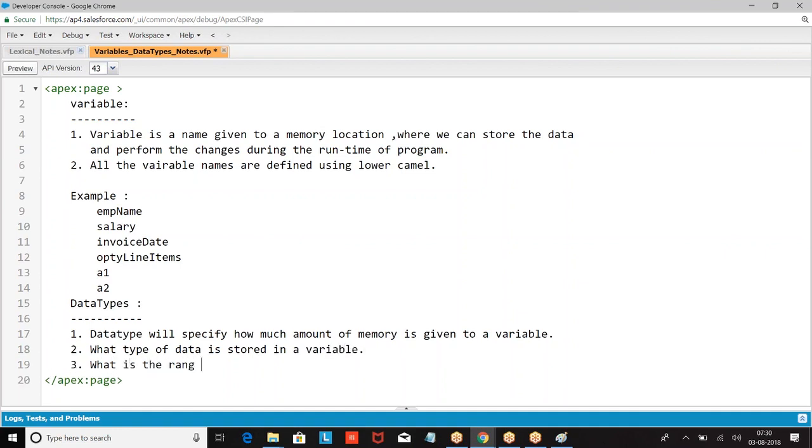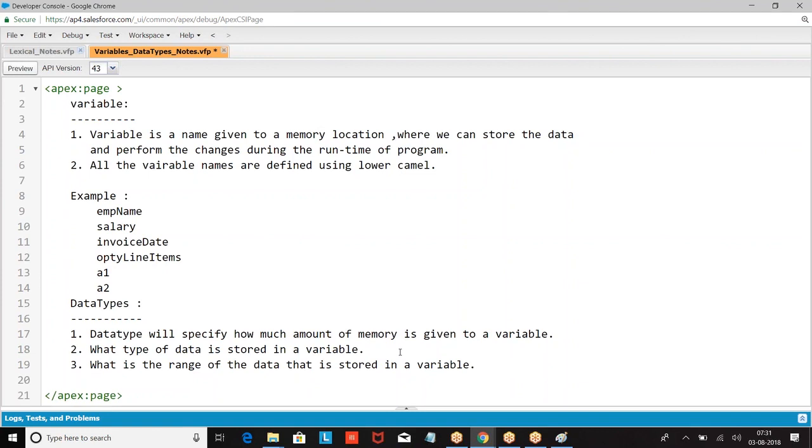What is the range of the data? Data type will specify how much amount of memory is given to a variable, what type of data is stored in a variable, and what is the range of the data that is stored in a variable.